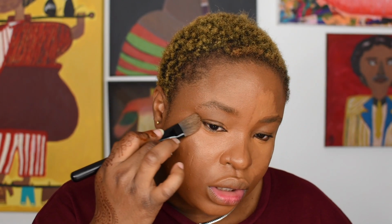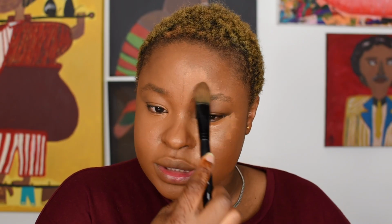Ooh la la. I'm going to just blend towards the temple. As much as they say, don't blend towards the temple, it's not good, it's going to make your face wide and broad. Right now, who cares? It's for the purpose of the tutorial and the versus videos. Anything I do is okay. So I am gonna use the other side of this brush to blend this side. So for the Urban Decay,